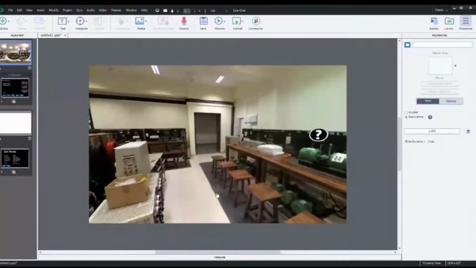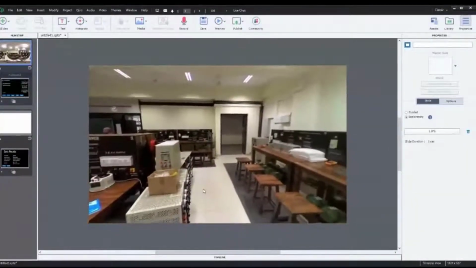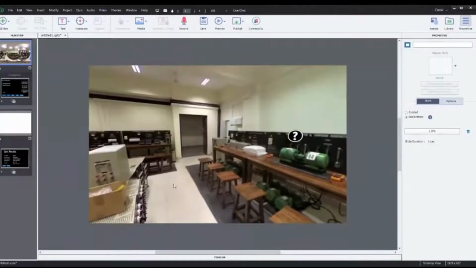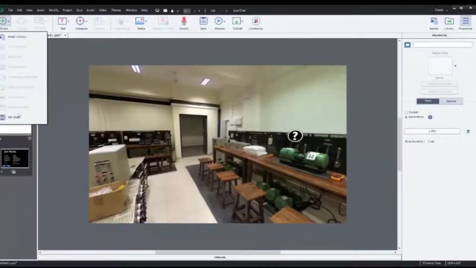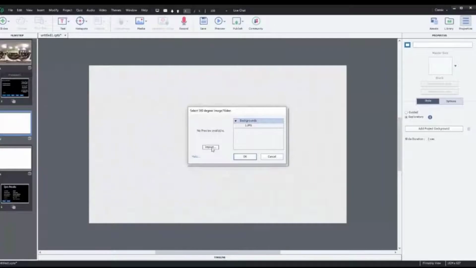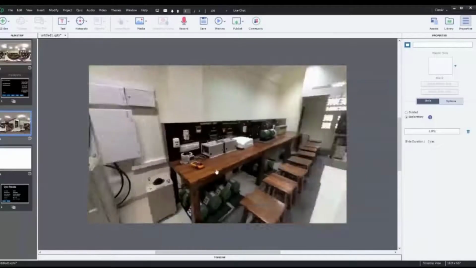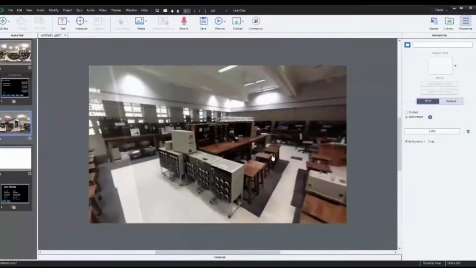Now what we want is that this is one vantage point from where we are viewing this lab. So we have another 360-degree photograph, which was taken by placing the camera somewhere here, right? So what we want is at this point, the student to go to this location. So what we'll do is we'll insert a new slide, a new 360-degree slide, right, at this point. And we'll import that second image here. So this is that second image located near the door.